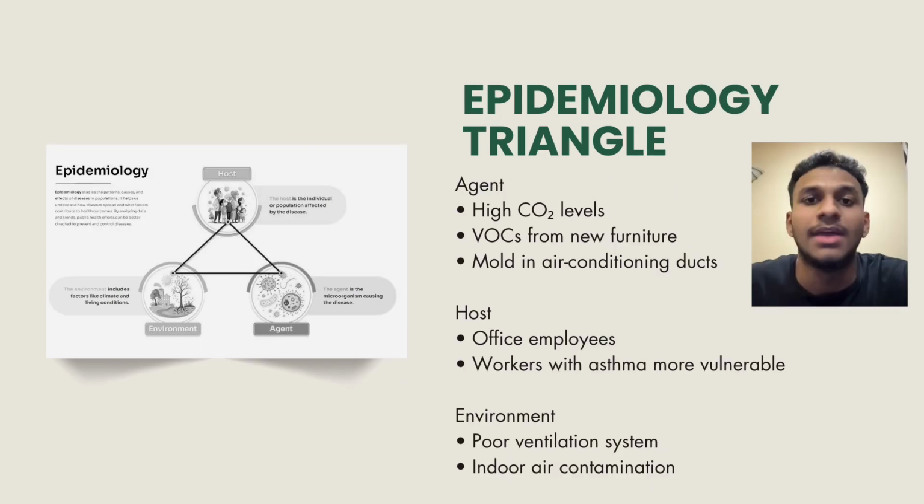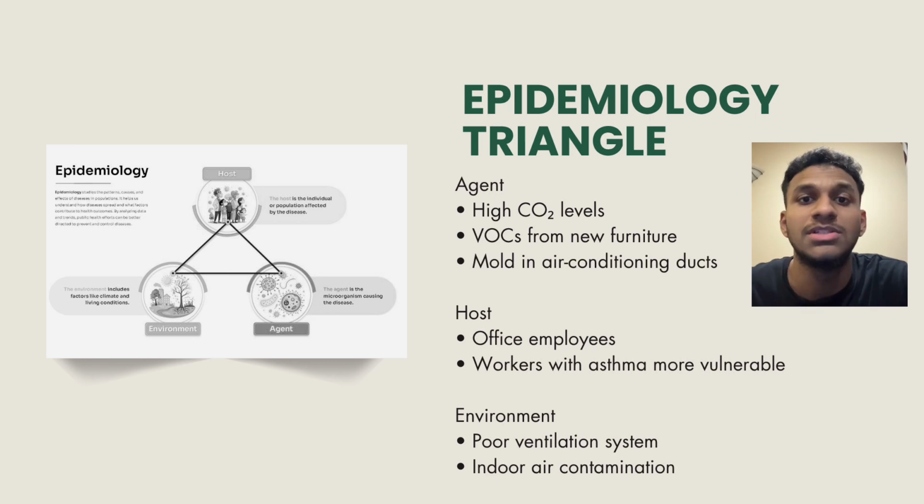And now I will explain the case using the epidemiologic triangle, which explains how disease occurs through the interaction of three elements, which are agent, host, and environment. As for this case, the agent is the high levels of carbon dioxide and the high volatile organic compounds found in the new furniture, and also the mold found in the AC ducts. As for the host, it's the workers, especially those who are susceptible, such as workers with asthma. And finally, the environment includes the poor ventilation and the contaminated air, which allow all these harmful agents to